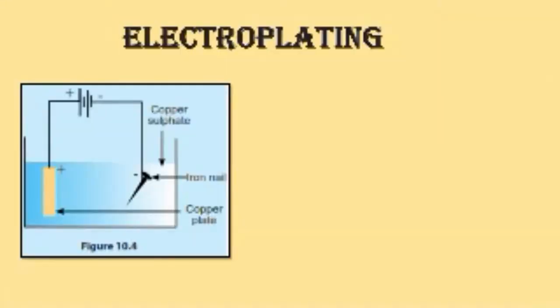Electroplating. Recall the observations of activity 10.2. You would have observed the deposition of copper on the negative electrode. By engaging in activity 10.4, now let us investigate whether copper can be deposited on a certain object. Now here is activity 10.4. To two dry cells,